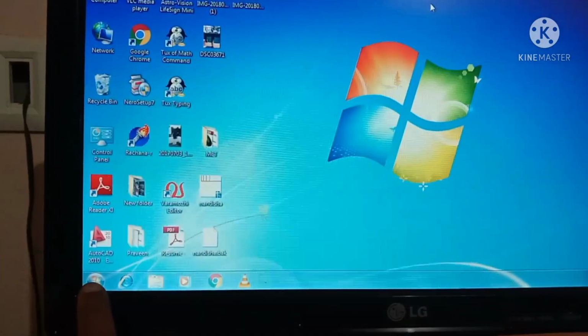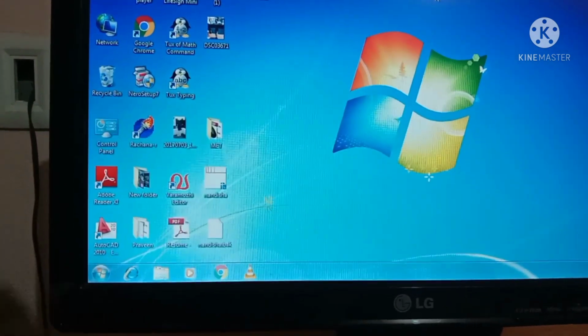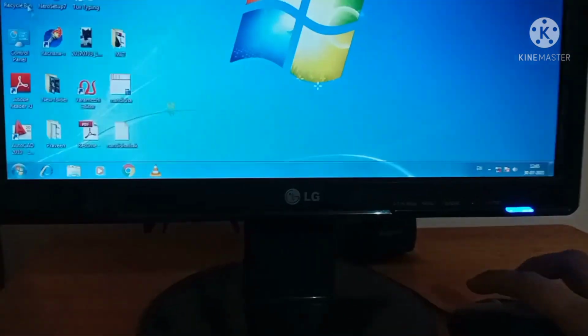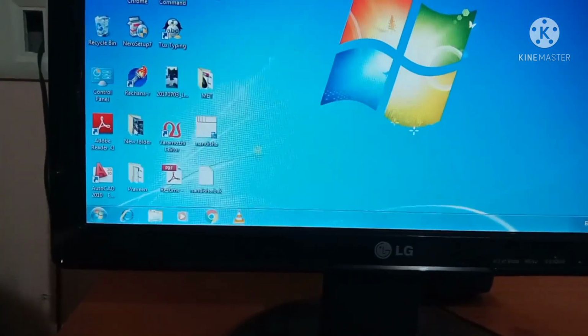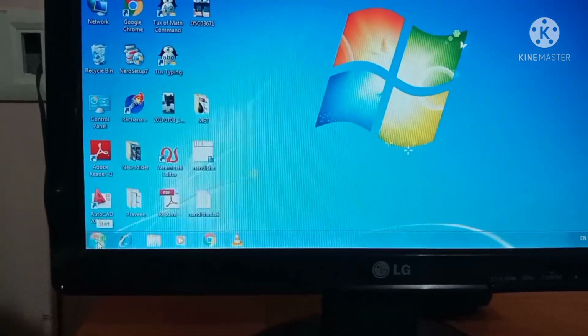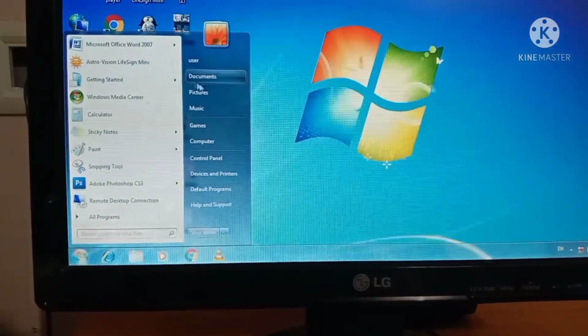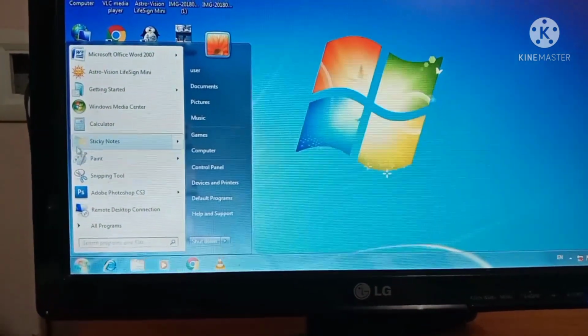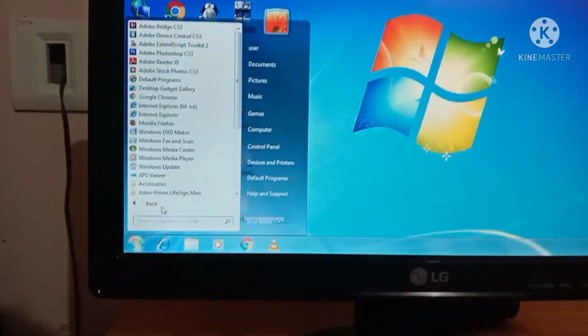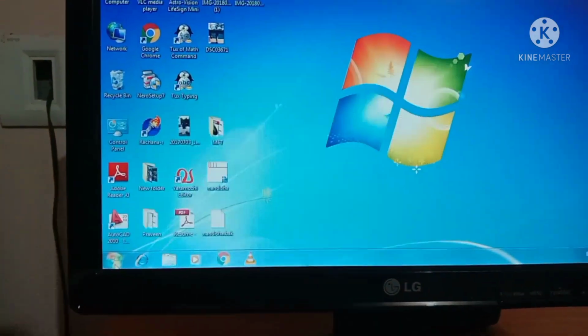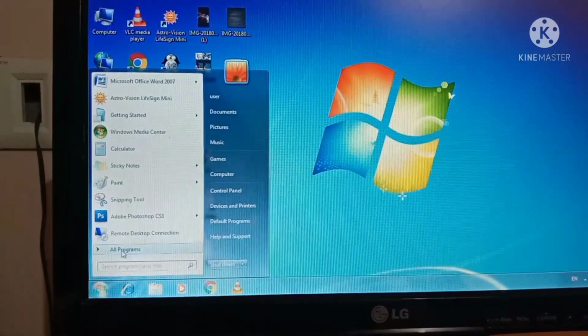This is the start button. So I have to click it. Just look there, my mouse pointer is coming there, and I click it. So one window is coming there, and I have to click this, all programs.